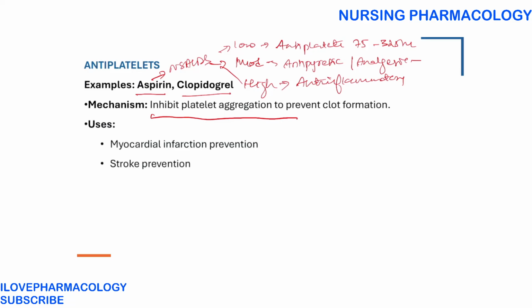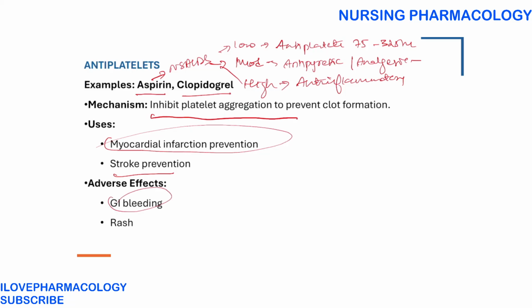So basically it is used in treatment of myocardial infarction as well as in patients with post myocardial infarction to prevent further attacks, and also in the prevention of stroke. Side effect, it can cause GI bleeding as it prevents the platelet aggregation, and also they are more prone to